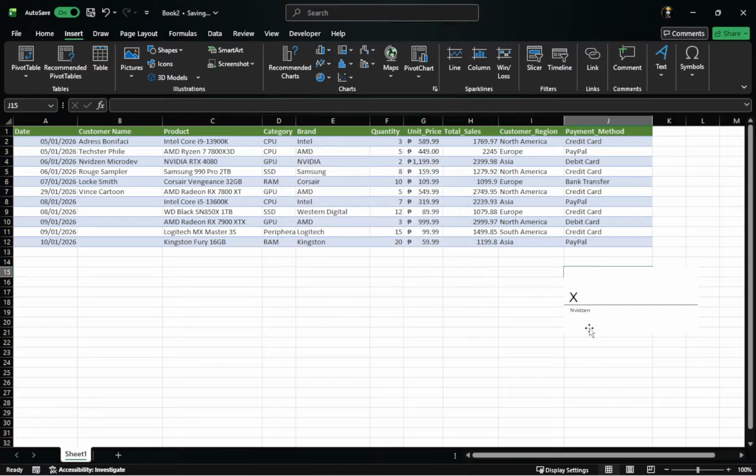Next up, to actually sign that signature line, move your mouse over the line, right-click directly on it, and select Sign from the small menu that appears. This opens a signing window linked to that specific signature line.